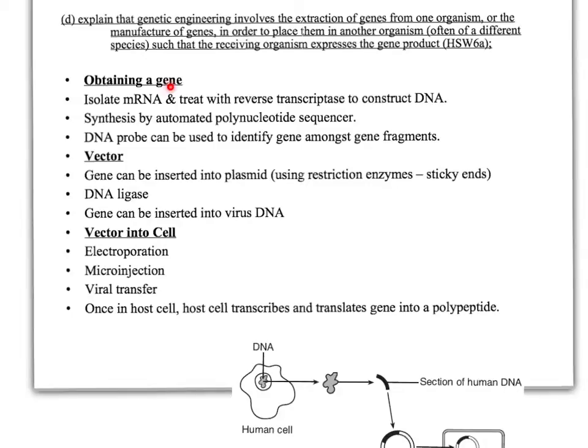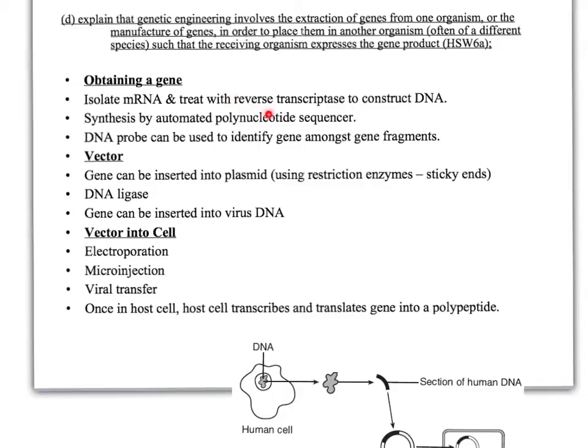So dealing with each of these in turn, first of all obtaining the gene. Obviously it's a bit like a needle in a haystack looking for, for example, the gene for making insulin in the whole human genome. So there are various ways that we could go about doing that. First of all, one of the easier ways of doing it is actually to isolate the messenger RNA. So if we could isolate messenger RNA from a beta islet of Langerhans cell, the messenger RNA for making insulin,